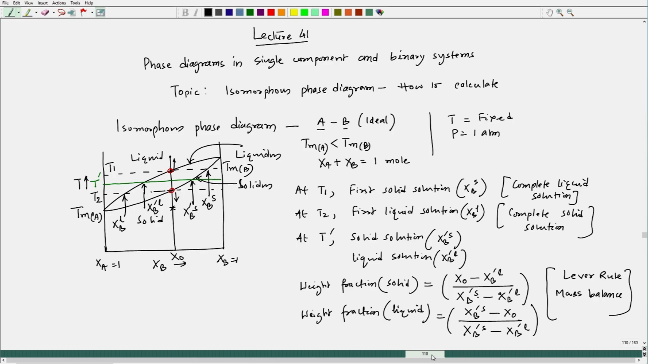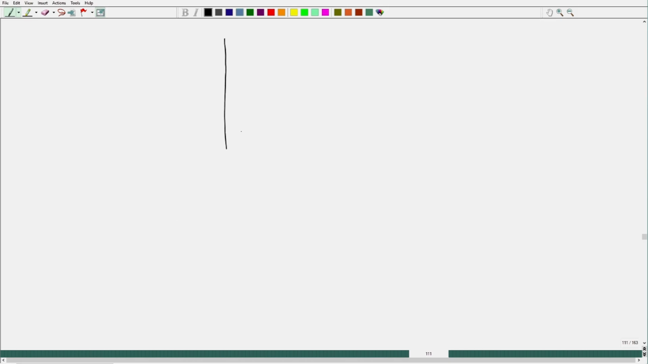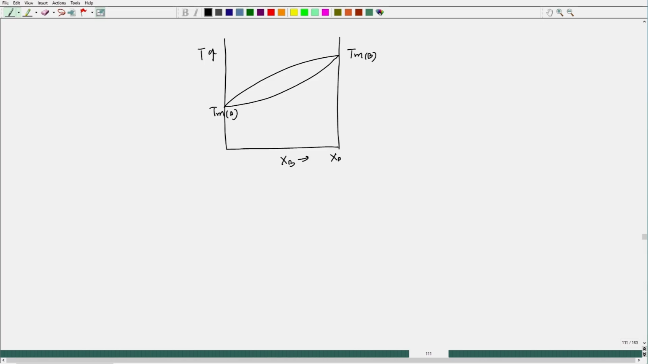This is the phase diagram. Let me just draw it. So, now we will try to calculate. This is the phase diagram. This is TMB, this is TMA, temperature, XB composition, XB equal to 1, XA equal to 1, fine. And for pure metals,